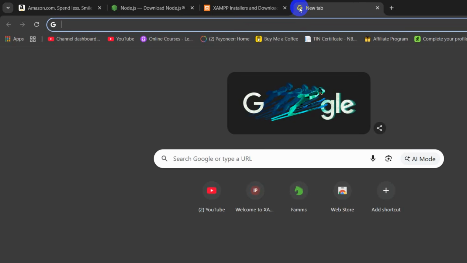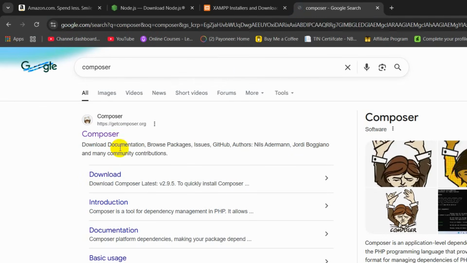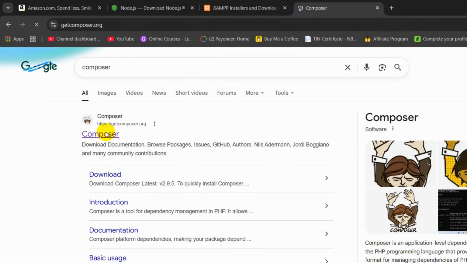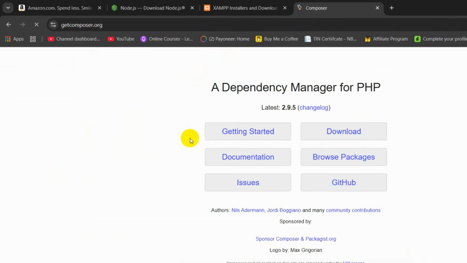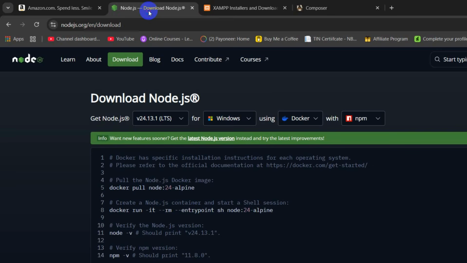After that you need to have Composer installed in your system. So here you can see getcomposer.org. Just click here and from here you can easily download Composer. So once you have those three installed, Node.js, XAMPP and Composer, you are ready to create your Laravel project and